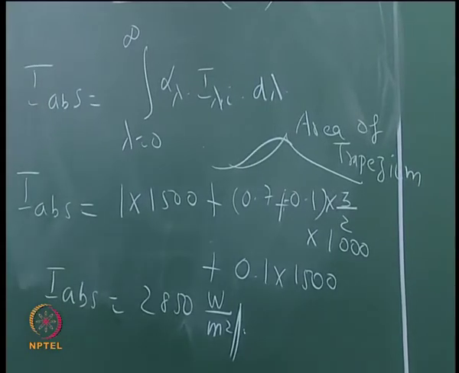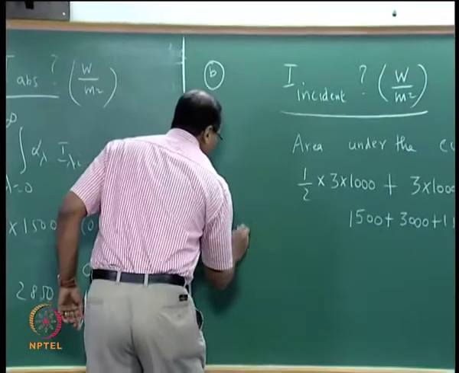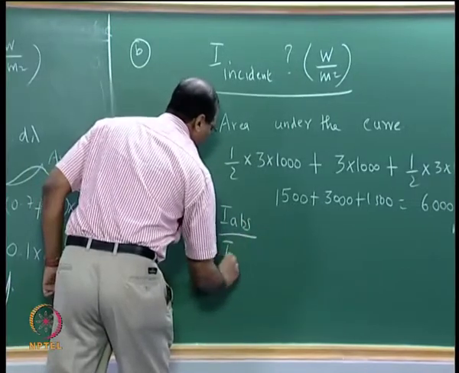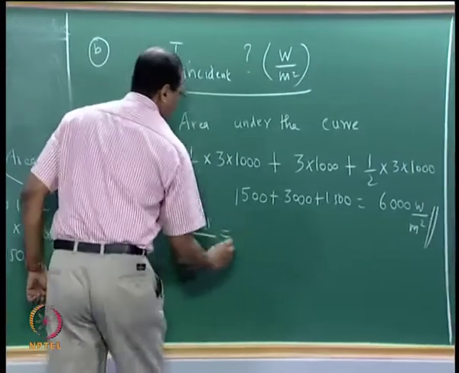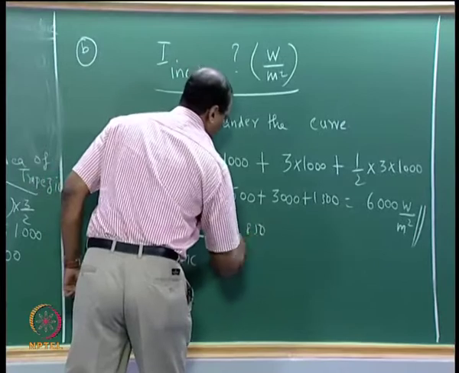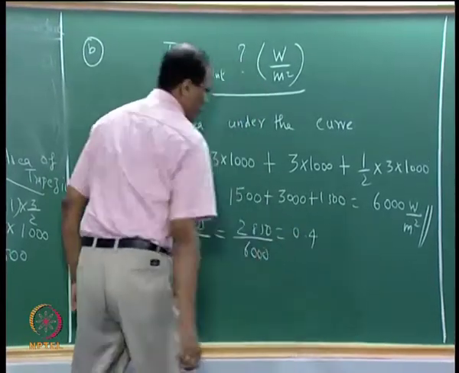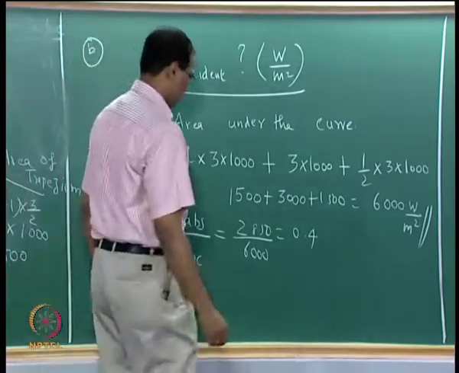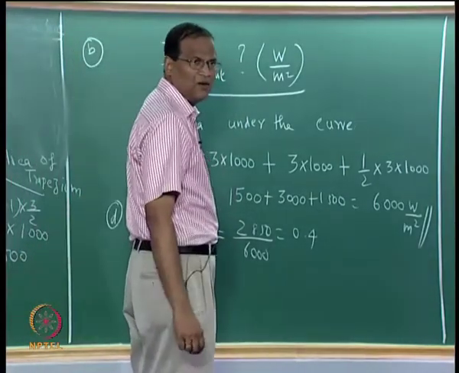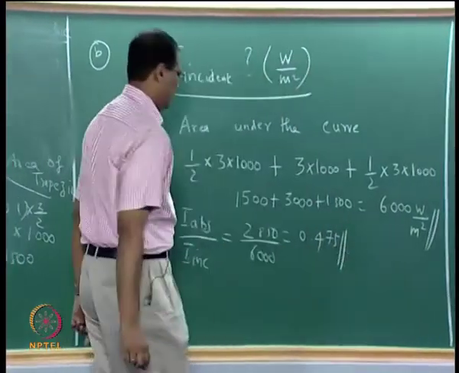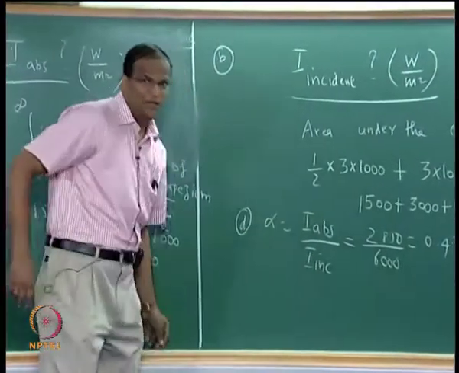So we are getting some decent value, 0.4 something, okay, fine. D, 0.475, okay, yeah, around 0.48,